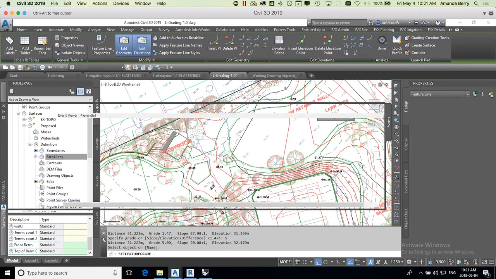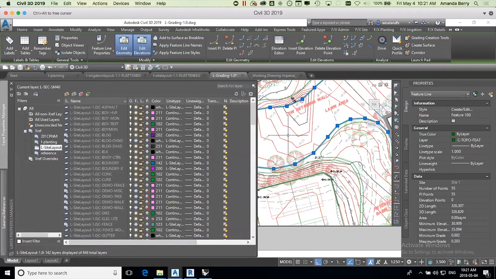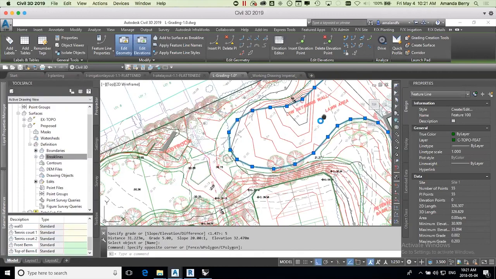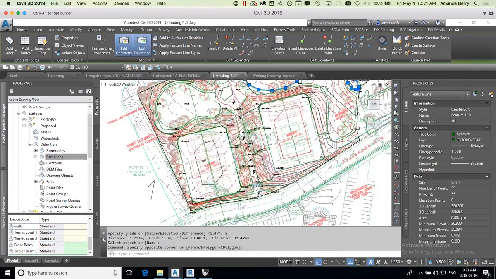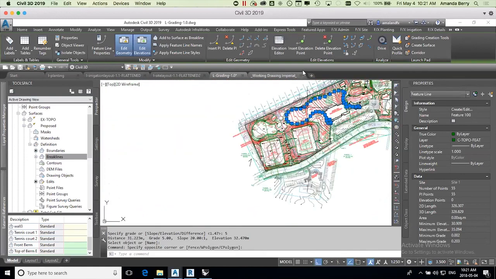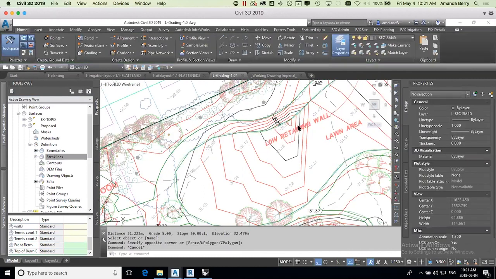It's telling me there's a few errors with some of my feature lines in the drawing, but you can see it's already started to ignore that. That's my virtual machine. Not liking the graphics, but it's all of a sudden changed all of my contours. Very smart, very, very dynamic and extremely powerful,